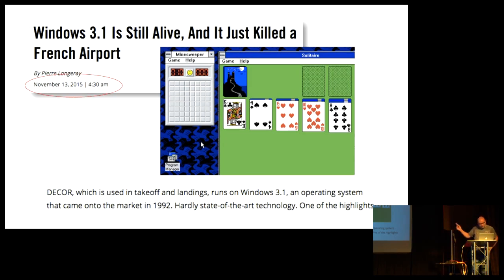I found this interesting article. There is a major airport in Paris, the second major airport, which still runs a Windows 3.1 app for the takeoff and landing of airplanes. So if you ever go to France, just don't go to that airport, because I certainly wouldn't. It took down the airport. They struggled to find parts for the computer to run Windows 3.1, and it took down the airport last year. So anyway,